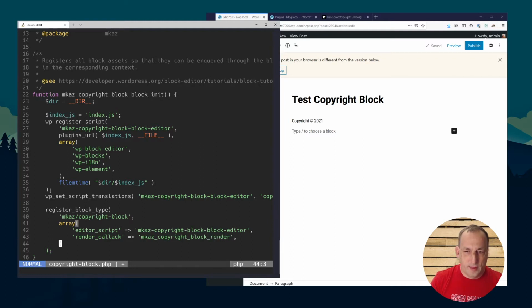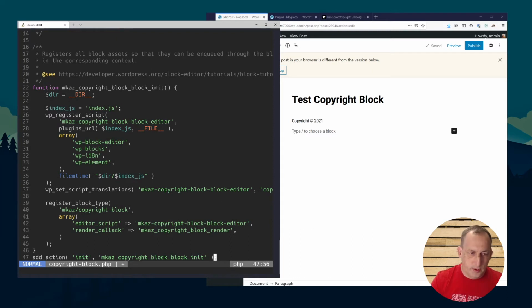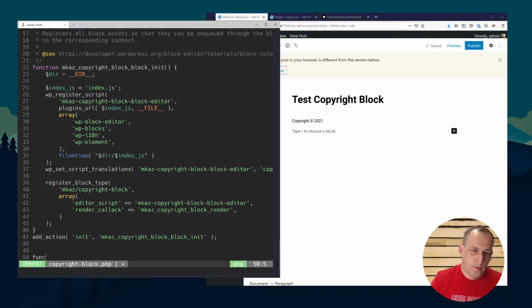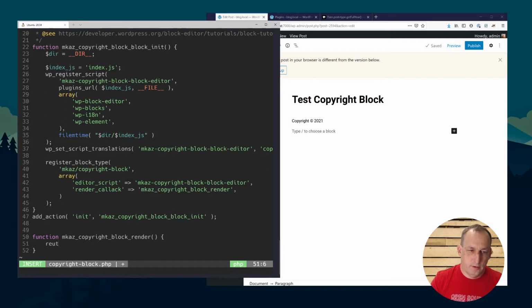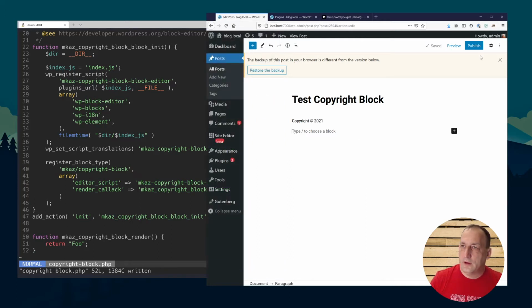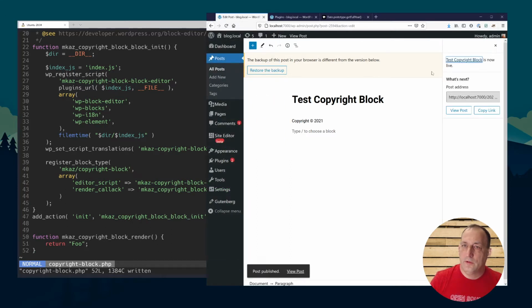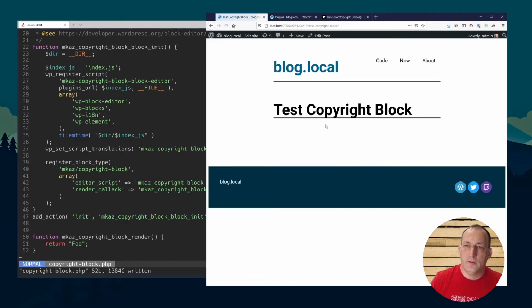I'll pass it that function, and then whatever results it will put into the content when it's displayed. So if I just do here, return foo, and I say publish, and then when I view the post, it should